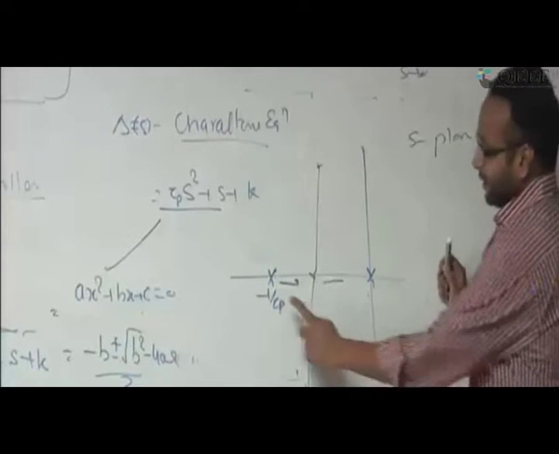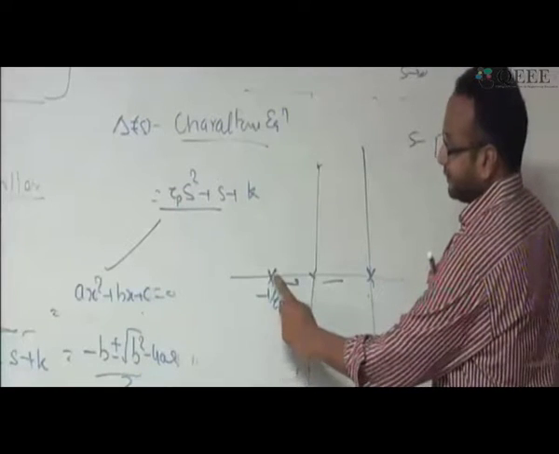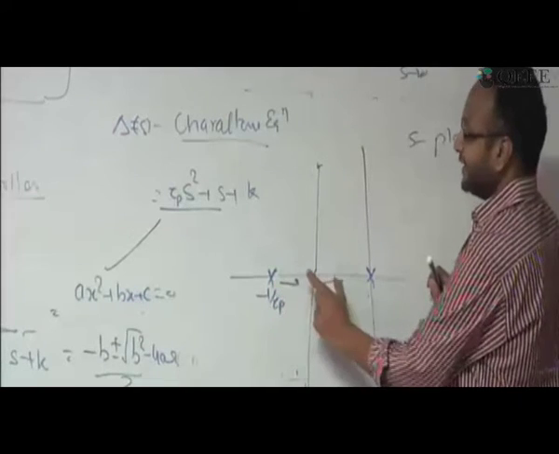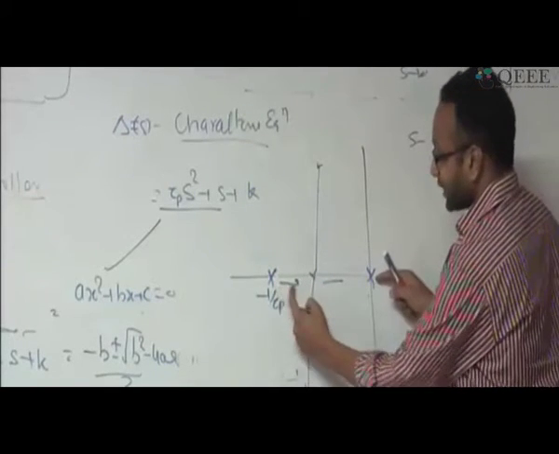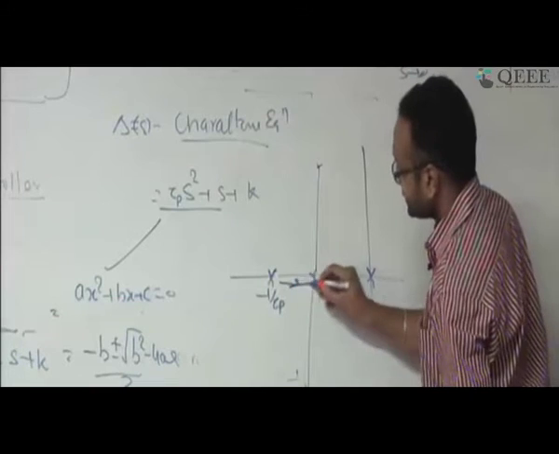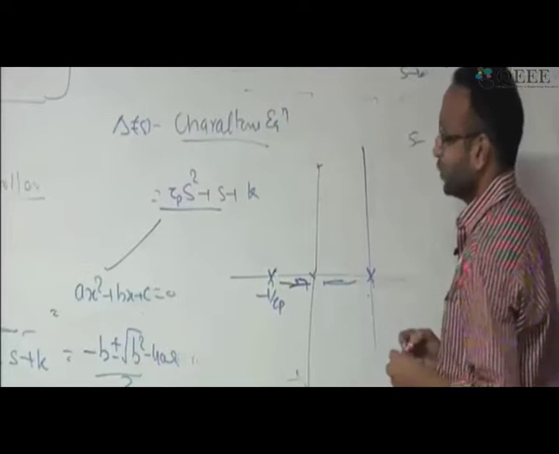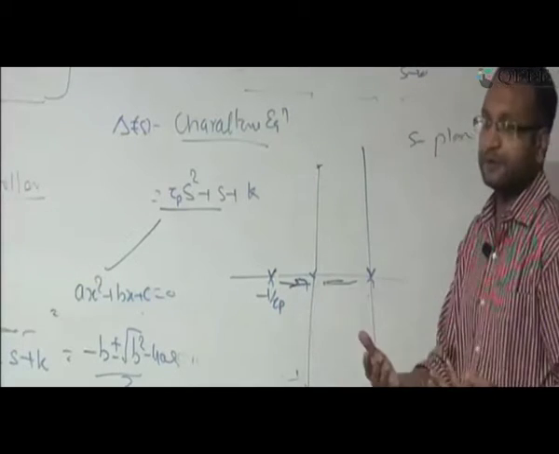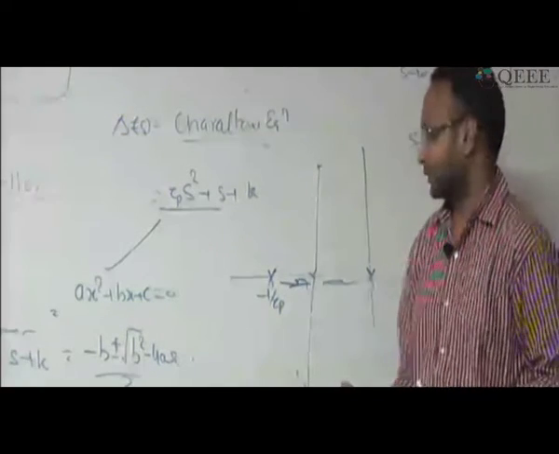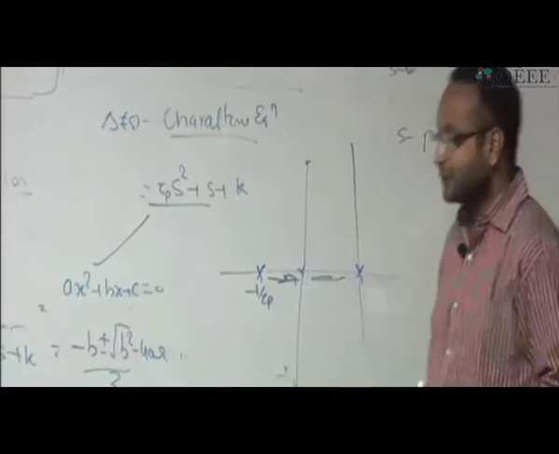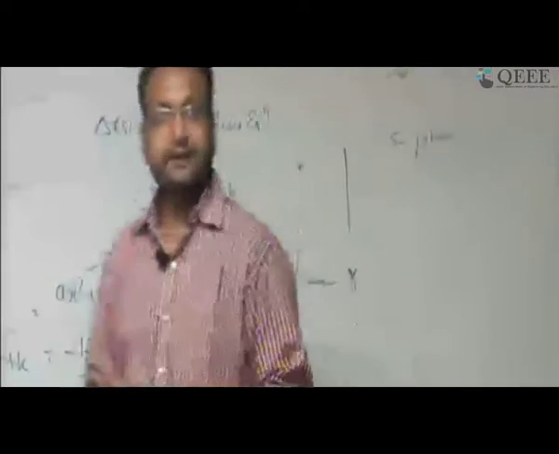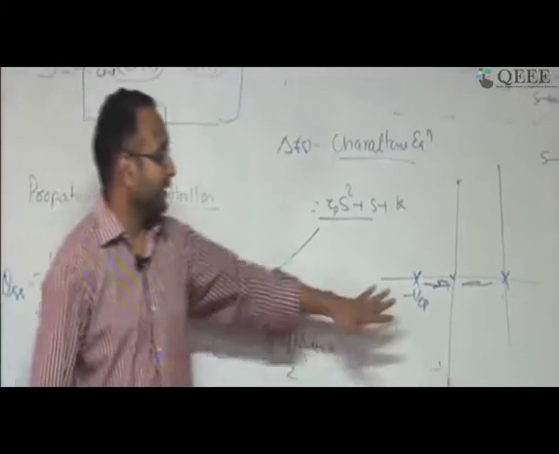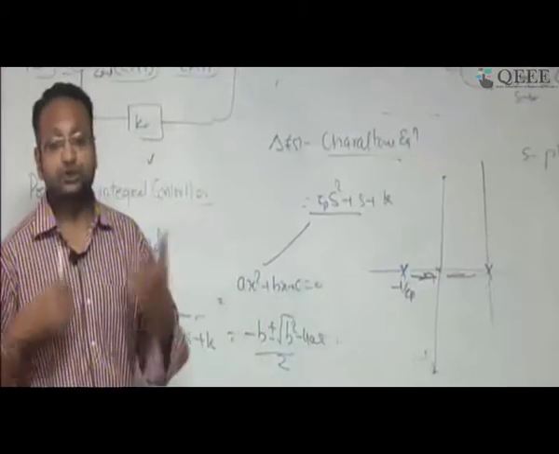So look at, when there was no integral controller, it has 1 by tau p, system was pretty fast, because now because of adding a 1 by s, the poles are coming this side. So your system is becoming slower and slower, okay, because the new poles are going to be somewhere here. So your response will not be as quick as possible. So with this, we can conclude that if you use an integral controller, yes, it helps you to achieve the steady state error of 0, but it makes your system sluggish, slow.